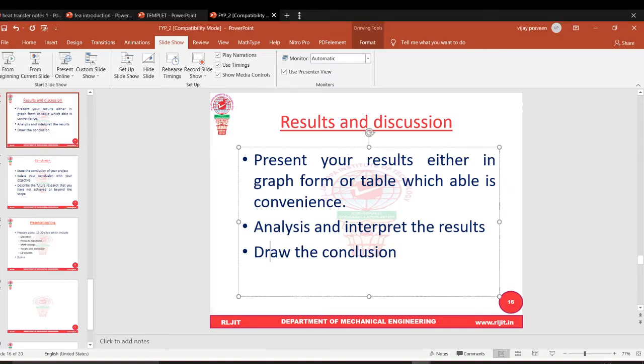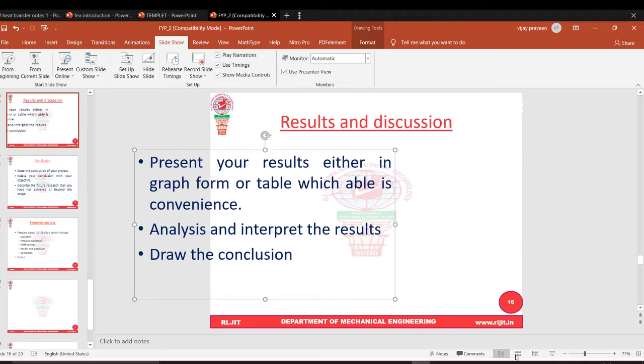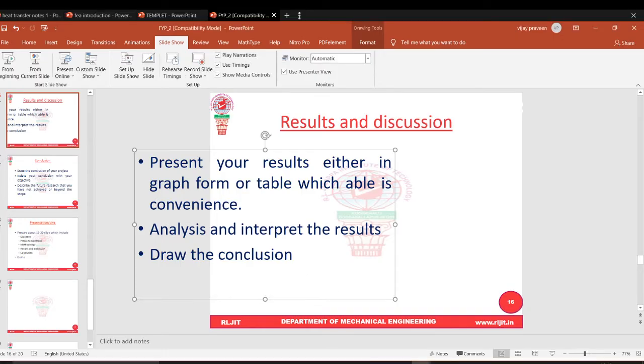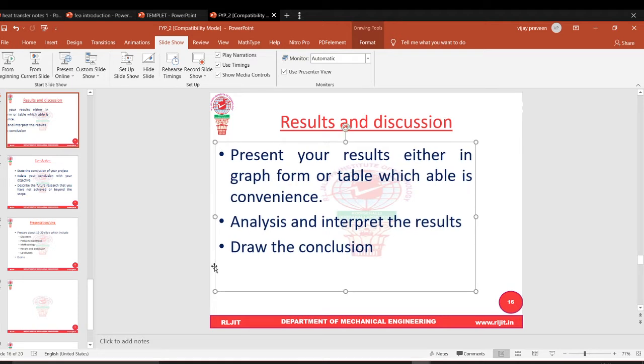Suppose I keep this much half, I can see it here, but when I switch on the slideshow, only the text which is inside this frame is visible. Outside the frame it is not visible. Therefore, whatever you are writing, the content should be within this white slide area. Only that content will be visible when you switch on the slideshow.